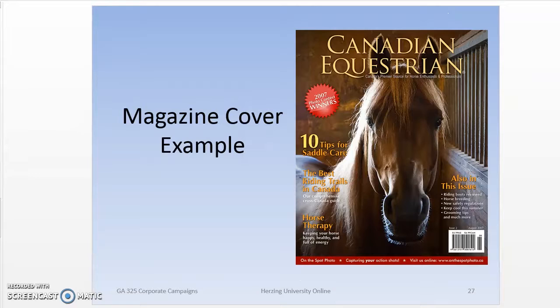Magazine cover example. I found this an amusing alternative to the first magazine. This is a trade journal that appeals to a particular audience. Instead of a large photo or a celebrity, we have a horse. The rest is typical: smaller font articles on both sides of the horse's head, a red bar along the bottom,